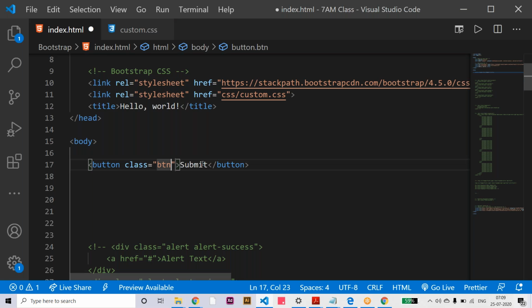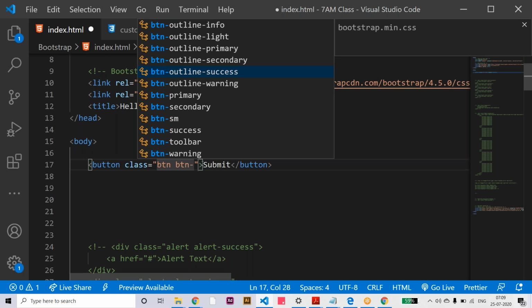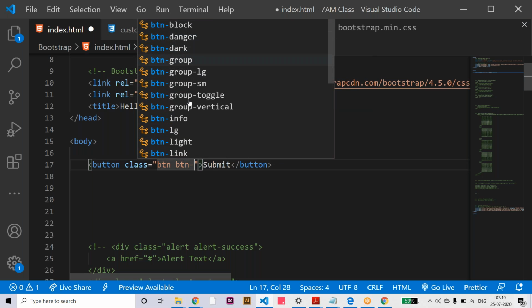You should start with the btn base class and then you can apply other subclasses for different styling. Every button class needs to start with btn only, and you can see other subclasses here: button outline info, button danger, button block, all for different colors and different sizes.